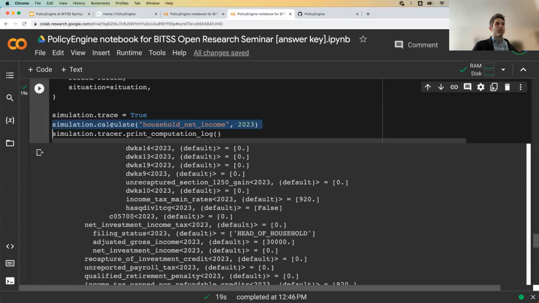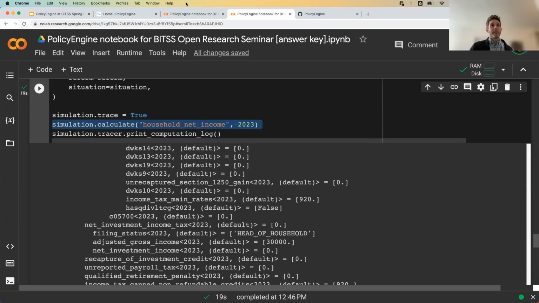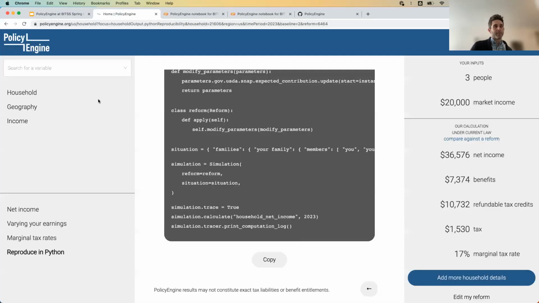Basically what we did is we started with just doing it for one. We did it in the web app, even though we use Python quite a bit ourselves, but it's so much easier to start with something in the web interface and then customize it from there.